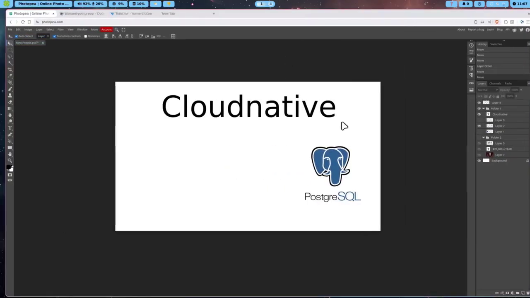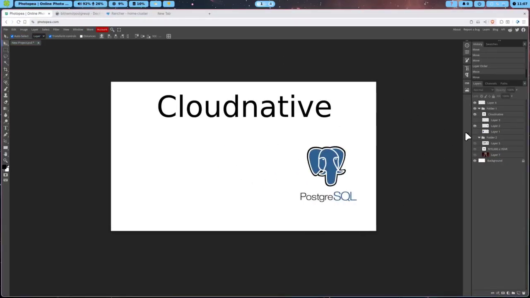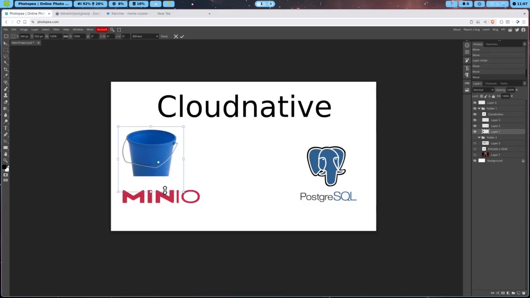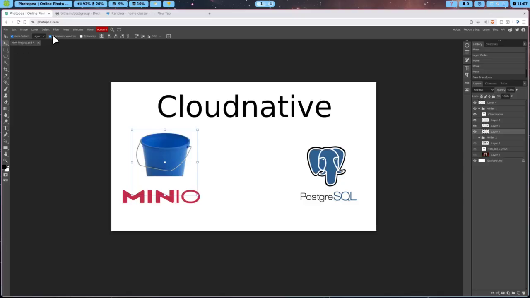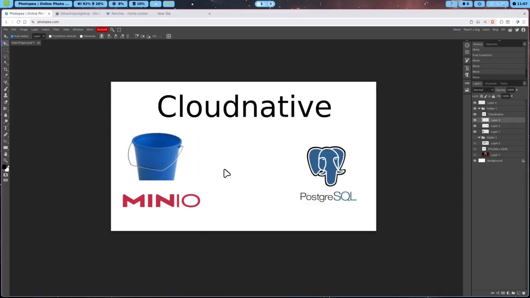But anyway, let me go back. The only other thing that we're going to set up this time is also a Minio bucket. So this is essentially an S3 bucket that we're going to have for us. The S3 bucket is very nice because it's perfect for backups, so your entire database will be able to be backed up